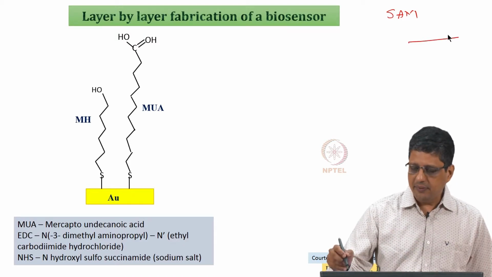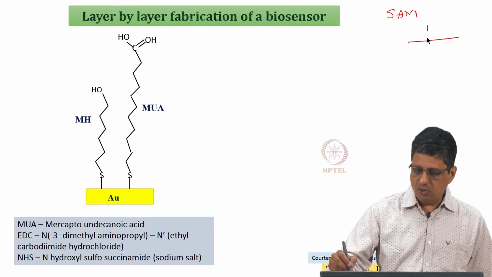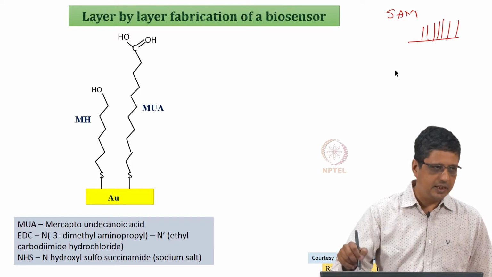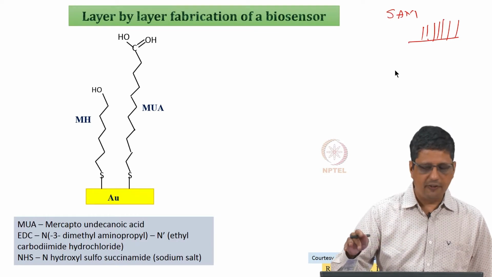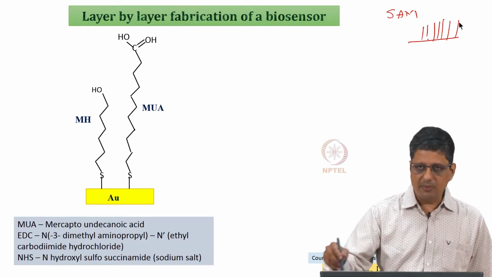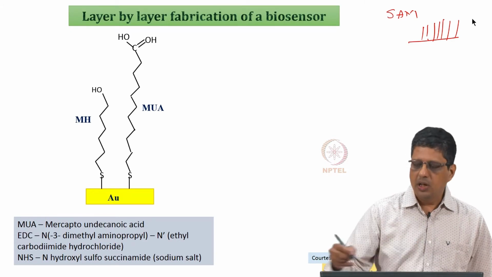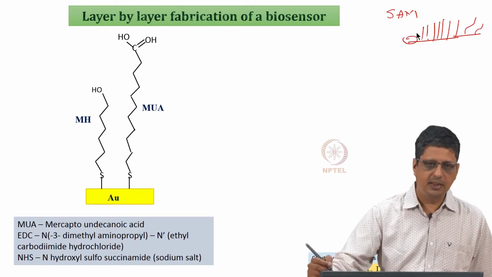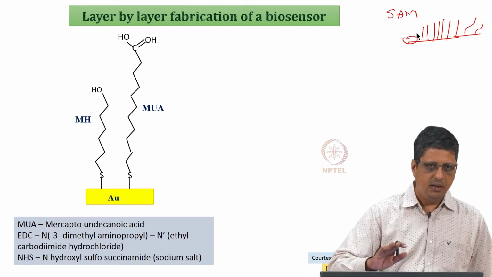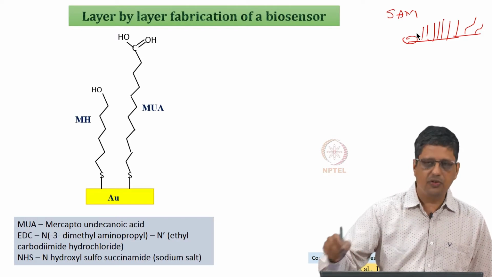So, if I have an area, I put these chemicals, most of the area will be blocked and these chemicals will line up like this. So, it is called self assembled, it is assembled on its own, we are not doing anything to specifically assemble it in a particular fashion, and it forms a monolayer, one layer. Of course, it is not 100% true, it may assemble in different orientations and it may not assemble in some areas, those are there, but if it works as we expect, it is going to form a SAM.